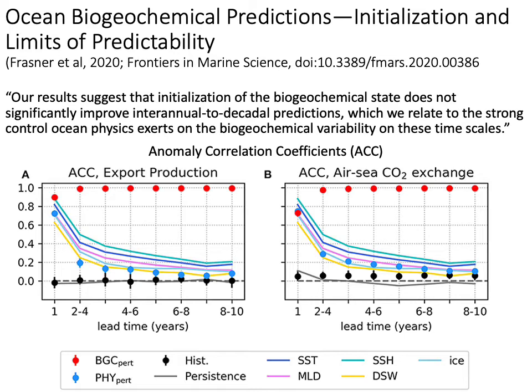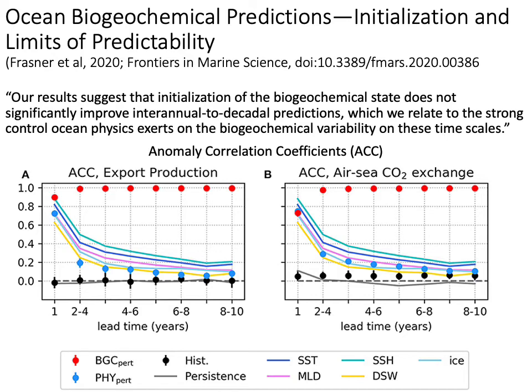Now, what they found was that within the first year, these red dots, the biogeochemical initialization uncertainty decreased the skill from 1, and having only the physics initialization decreased the skill to slightly less, but that over time to the next year, they found that